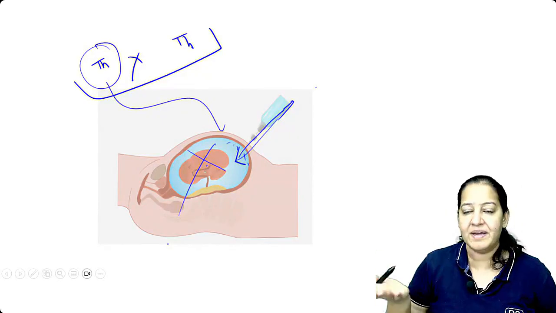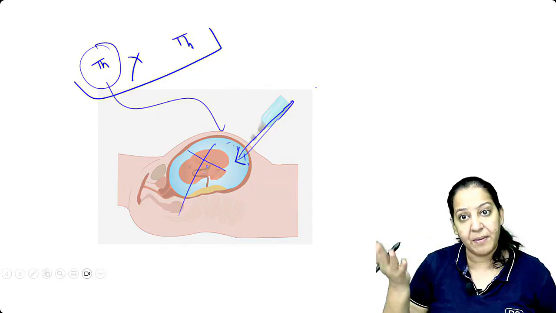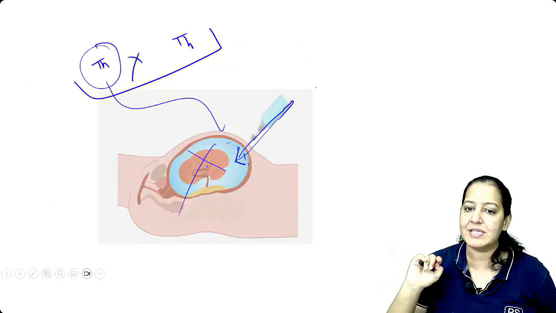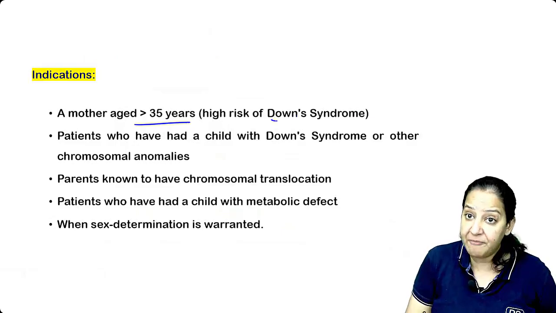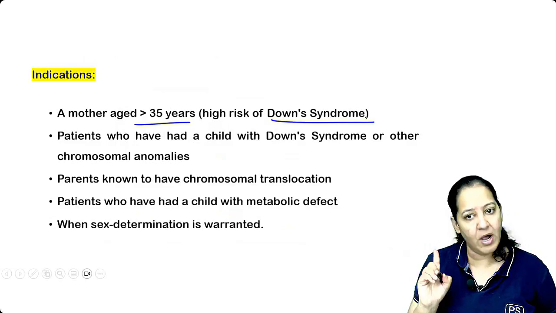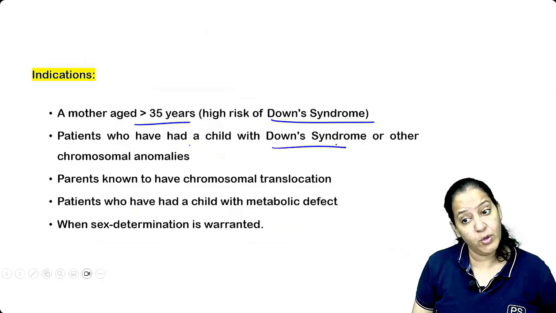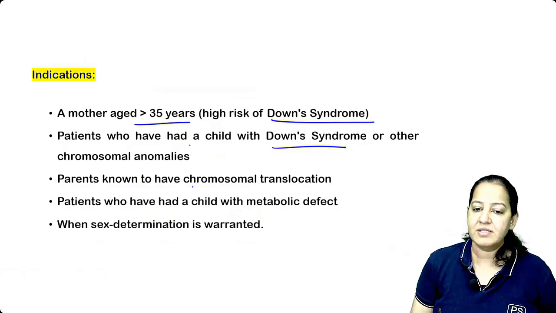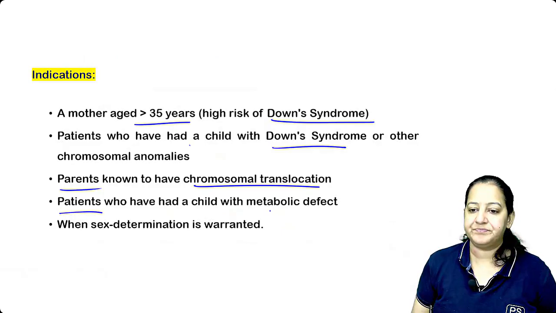No, it's the choice of the parents, I mean. Or if the child is having Down syndrome, there is no use of taking the birth of this child. So abortions are possible at that stage. Okay, so amniocentesis is possible. Indications: when the mother is more than 35 years of age and in the family there is a Down syndrome history, amniocentesis should be done. The patient who already has a child with Down syndrome and now the female is pregnant again. One of the parents has a chromosomal translocation, one of the parents has some metabolic defect, or sex